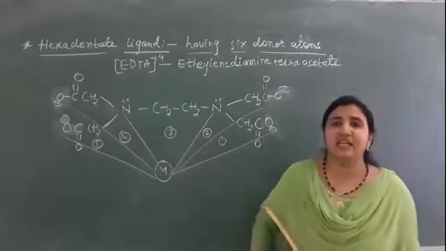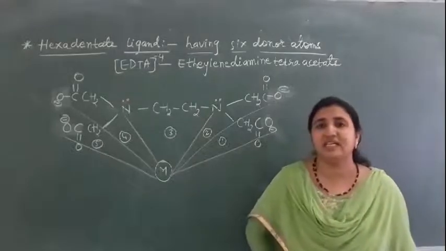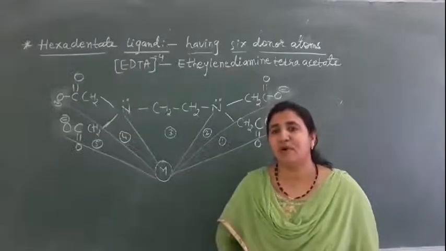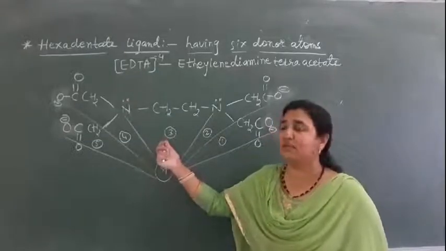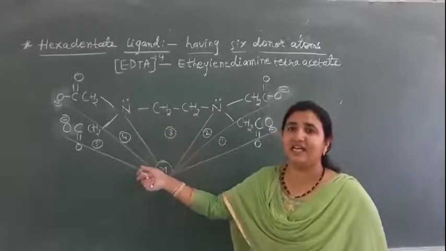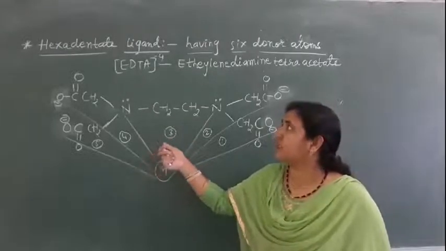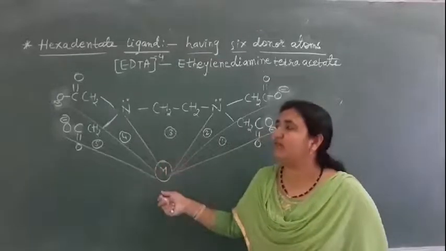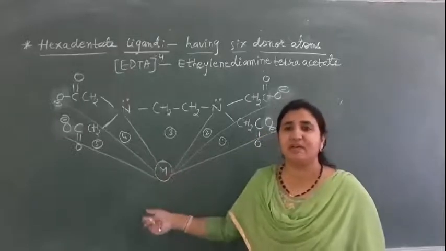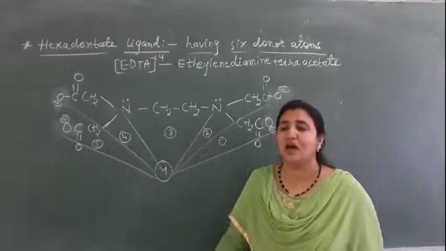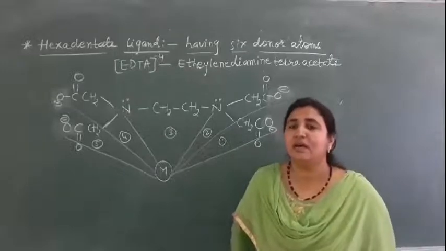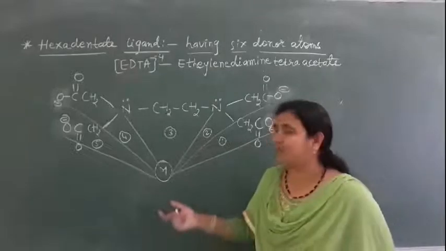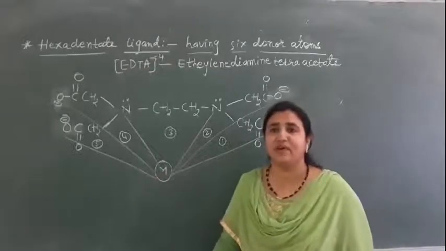Okay, this EDTA, what is its use? It is used to remove lead and mercury from the body. Here EDTA is used because it acts as a hexadentate ligand. The EDTA structure is given in the NCERT textbook, and to remove the extra amount of iron present in our body, this EDTA is used, or for poisoning by lead and mercury, this poisoning we have to remove, so EDTA is used there.